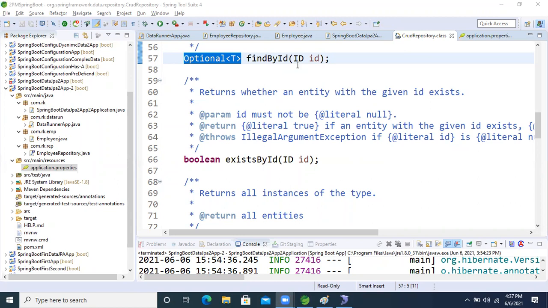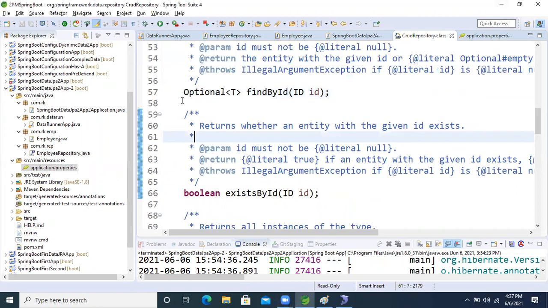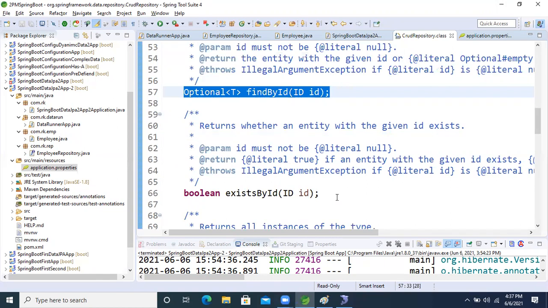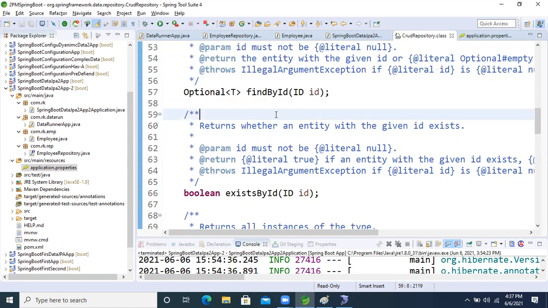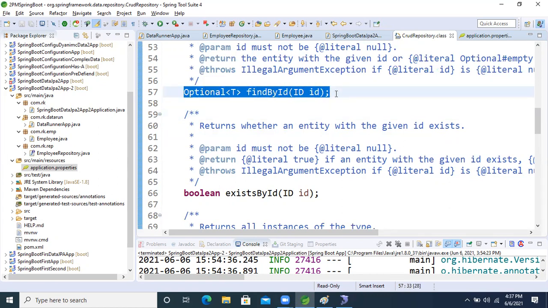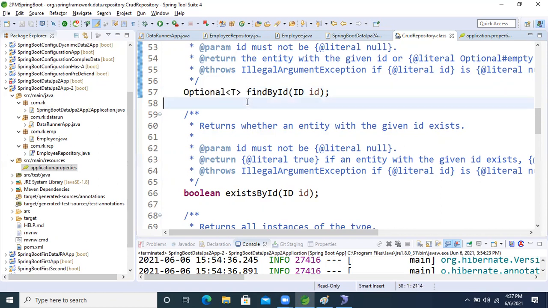Okay, so every time checking for the null pointer exception is too horrible, right? Sometimes if we forget it, we will get a null pointer exception in our project. To avoid the null pointer exception, we will use the Optional class, which is a Java 8 feature. Using this, we can avoid the null pointer exception.